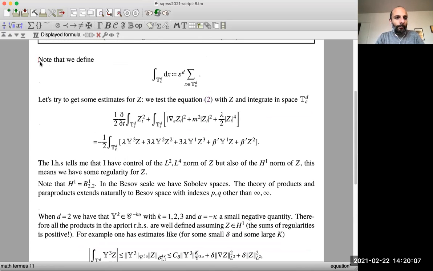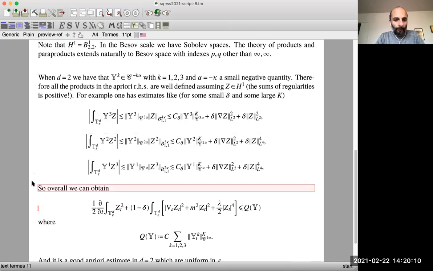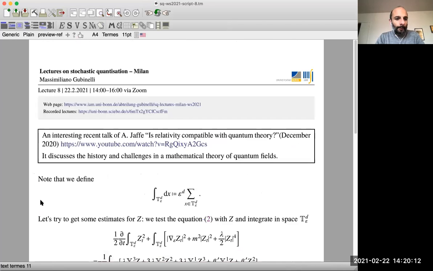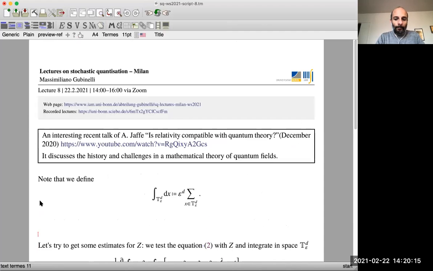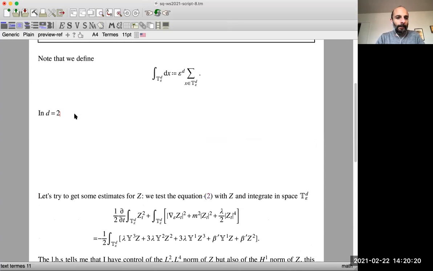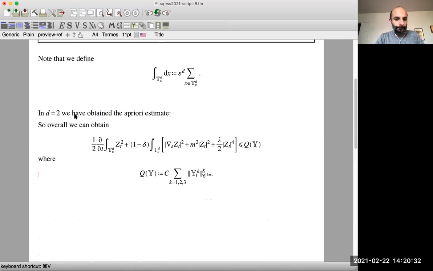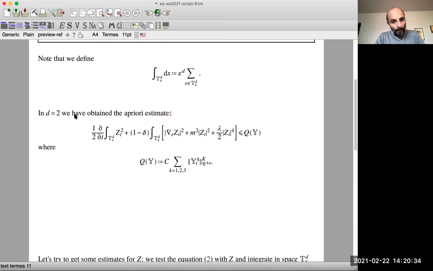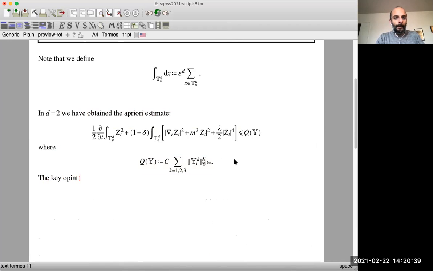So let me say, in 2D we have seen, I keep it there because I will need it later, that we obtained the a priori estimate, where the key point is that